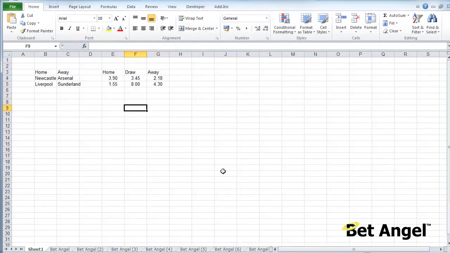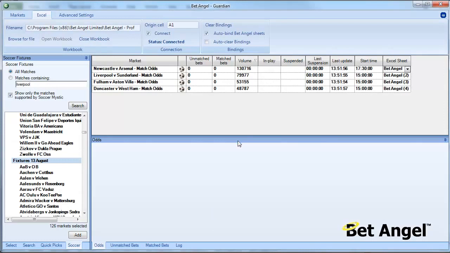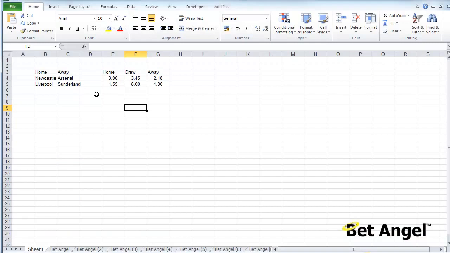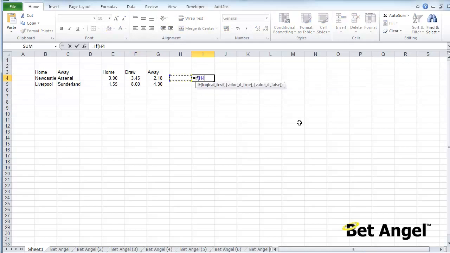Now you're thinking, well, that's a lot of work, Peter, but once you've done this, when you go in to the markets on a Monday or Tuesday, next Saturday, whenever you want to do it, and you populate them in Guardian and you auto bind them in the same way that we've done there, then this sheet will update automatically. There's no need to do this. You only need to do this once. You define and create your top level sheet, and then all of this information will update automatically. So that would say to you, if the home team is less than 1.6, then do this strategy,